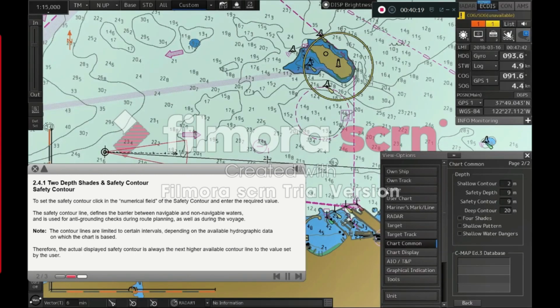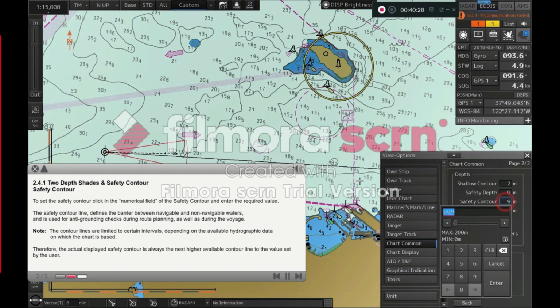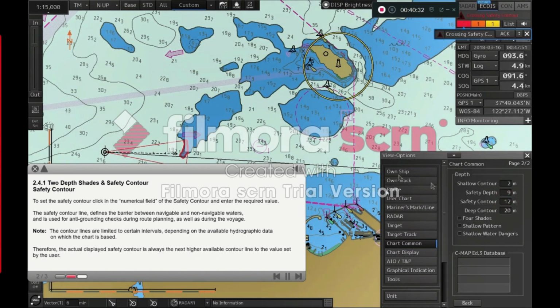Safety contour. To set the safety contour, click in the numerical field of the safety contour and enter the required value. The safety contour line defines the barrier between navigable and non-navigable waters, and is used for anti-grounding checks during route planning, as well as